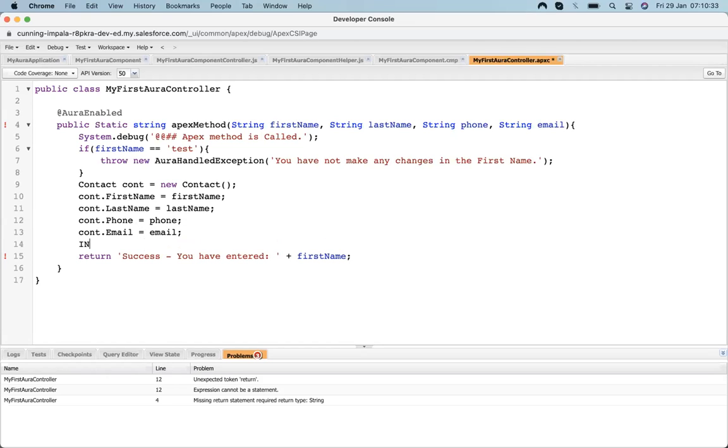After that we just insert that contact, and then after the insert I will return the contact ID.